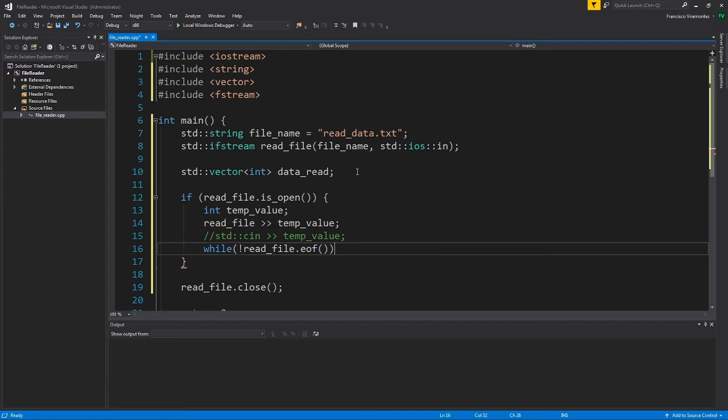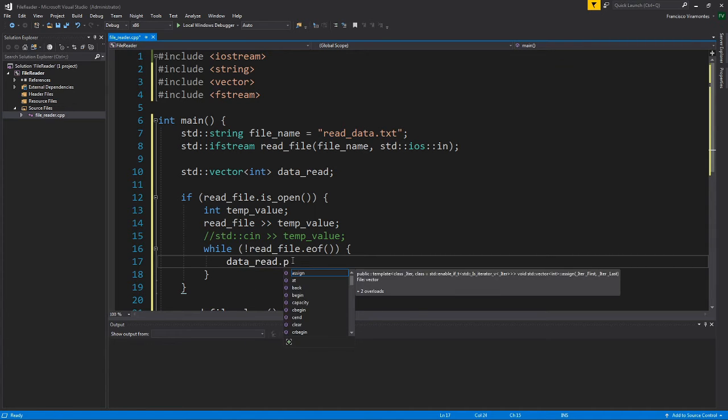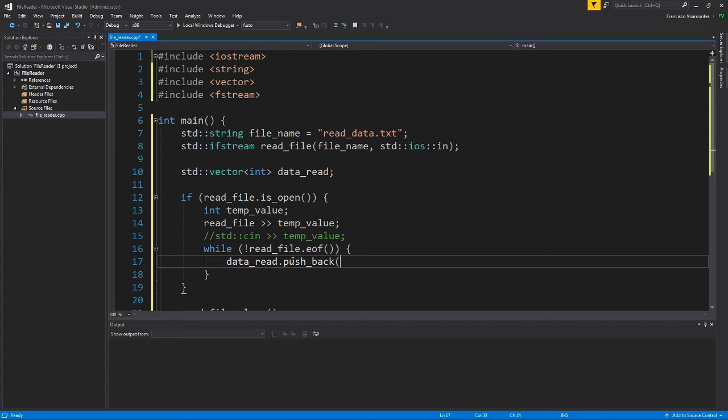Right, I call the EOF method, and this will return whether we are at the end of the file or not. So I read in a piece of data, and I say, okay, are we at the end of the file already? If we are, we just do nothing. However, if we are not at the end of the file, I'm going to add this data to data read. So I'm going to call the pushback method, and I'm going to add the temp